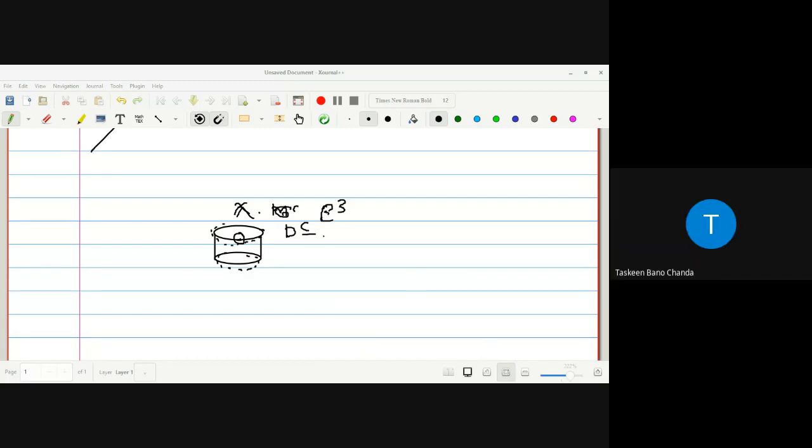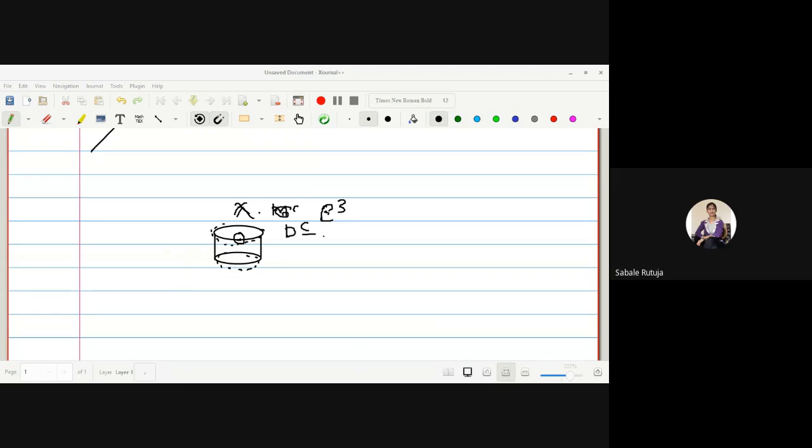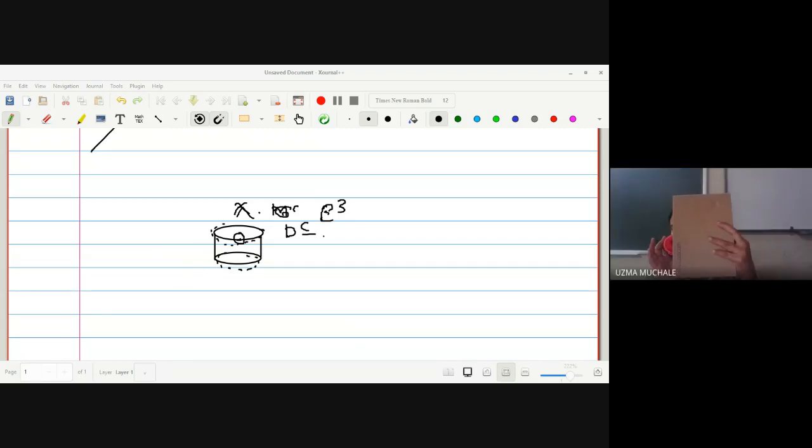No, ma'am. If you find it anyway, what will happen? Suppose, imagine that you have a bangle. Okay, suppose this is a neighborhood, a small neighborhood. Suppose I have to find it at this point. So if I find it, some part of this will be outside. Is it visible? Yes, ma'am. This part will be outside of your object.